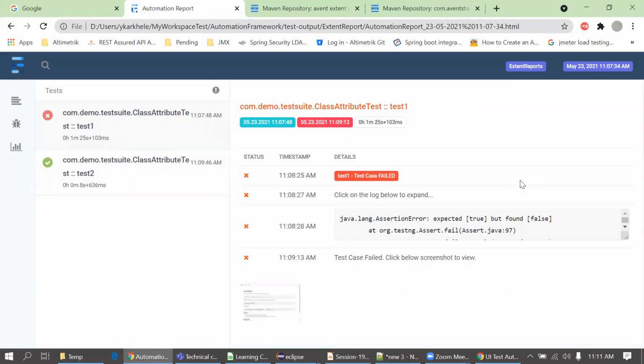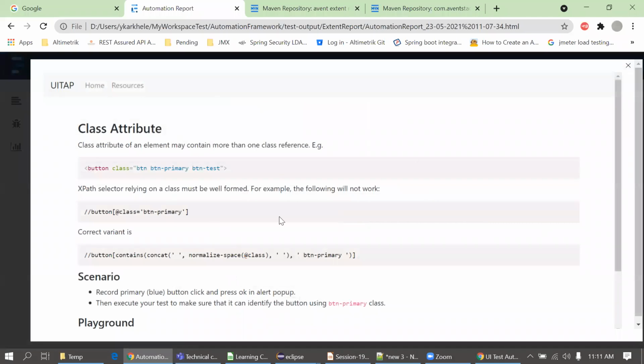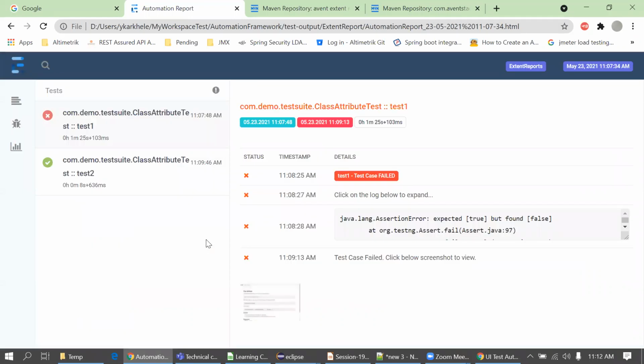from the path. Where is the screenshot? Let me hide some windows. Yeah, this is a screenshot. Actually, you can see this on this page. We got an exception. Suppose your test case is failing and there are multiple pages in the application. If you don't know on which page the test case got failed, this is the right way to take a screenshot where the test case actually got failed. So we can simply open the screenshot from here.